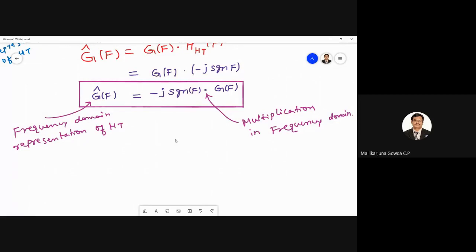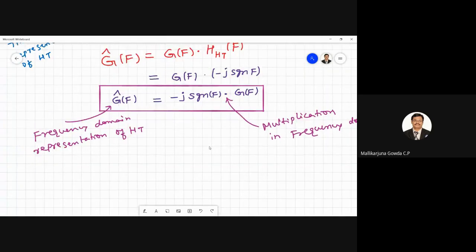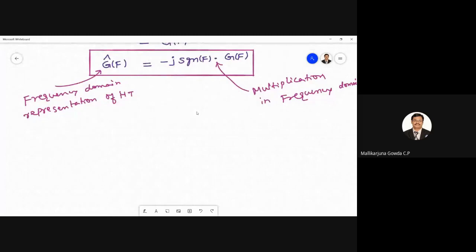This much is enough. Yes, you people should respond. Then only I can go. Otherwise, it will be from my side only. If you all want to know how I get the Fourier transform of the impulse response of the Hilbert transform as minus j sgn of f, that is in frequency domain, or in time domain it will be 1 by pi t, right? If at all you want me to prove that, I can prove, if you are interested. Yes, I think you are not interested.